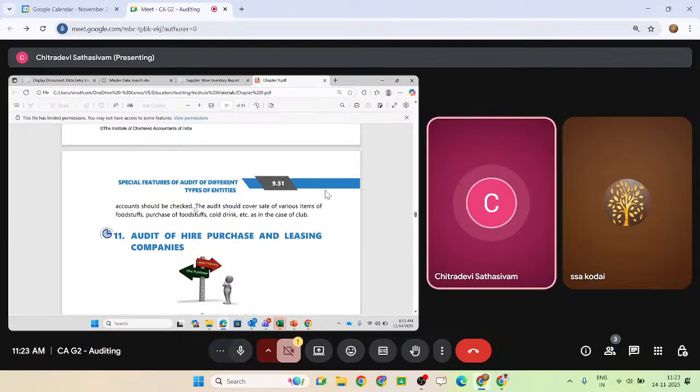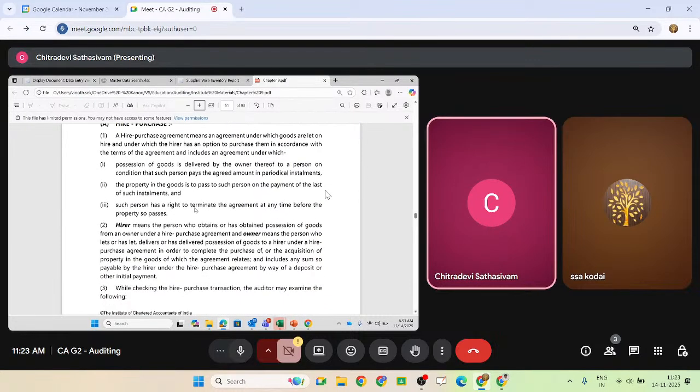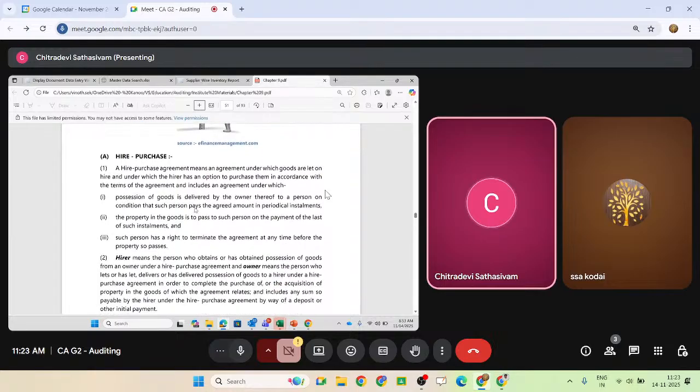So this is how it takes place. Now let us go into detail. As I said, there are the possession and the ownership, and sometimes if the hire purchaser does not have the capacity to pay, he can terminate the contract agreement. Immediately you have to bring back the goods to your premises.